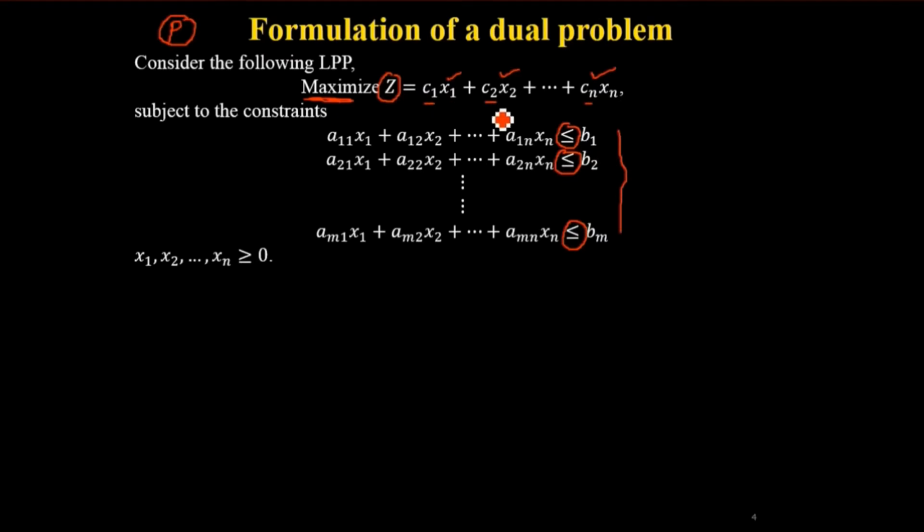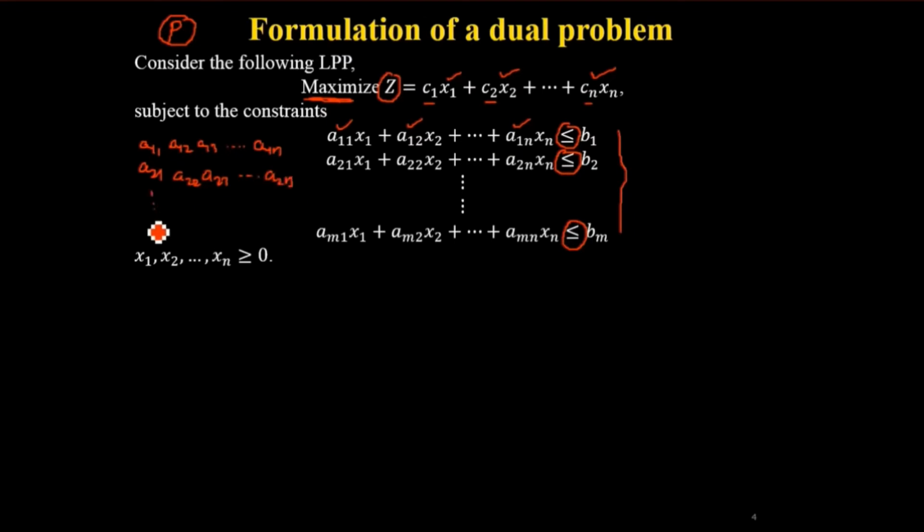This will be considered as b1, b2, b3, bn for the dual problem, and this b1, b2, b3, bm of the primal will be considered as b1, b2, b3 up to bm for the objective function. And the body matrix, the coefficients are a11, a12, a1n. So those will be what? Transpose, meaning a11, a12, a13, like that, a1n, a21, a22, a23 and so on,